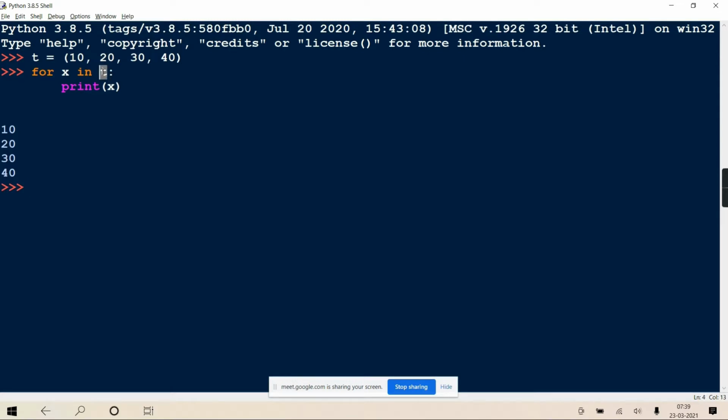Actually here also one magic method is called. We have used an iterable object, but internally for every iteration one magic method is called. It is called double underscore next double underscore, which keeps returning the next element from your iterable. Like first time it will return 10, then 20, 30. We don't use it directly, no need, because you know implicitly that the magic method will keep returning you the next element from the tuple in x, and then you can use that.